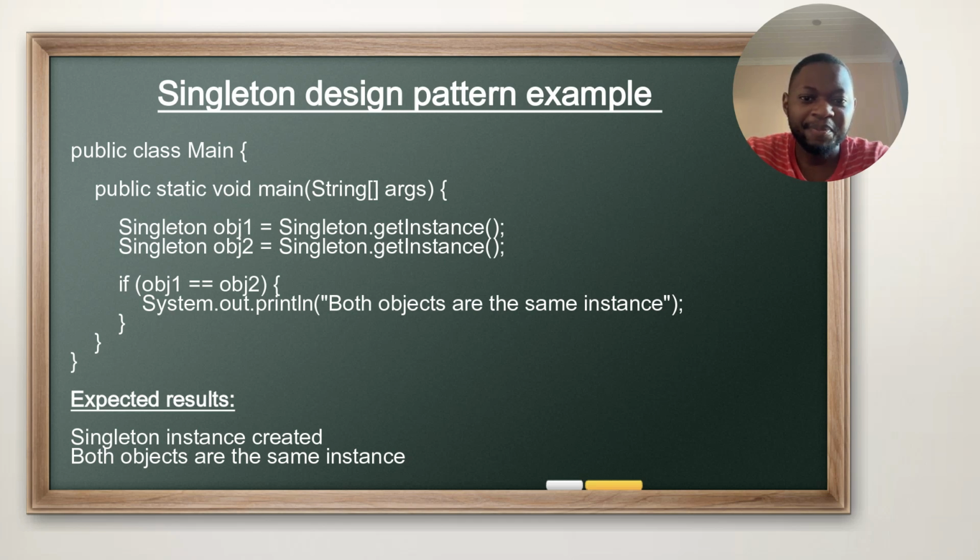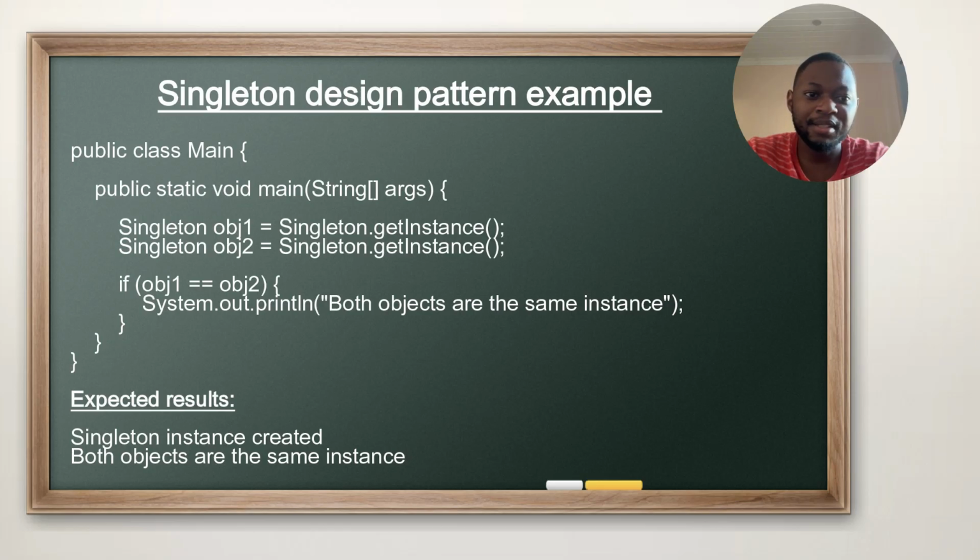Someone might assume that when we call getInstance, a new singleton object is created. But no, what's actually happening here is, since